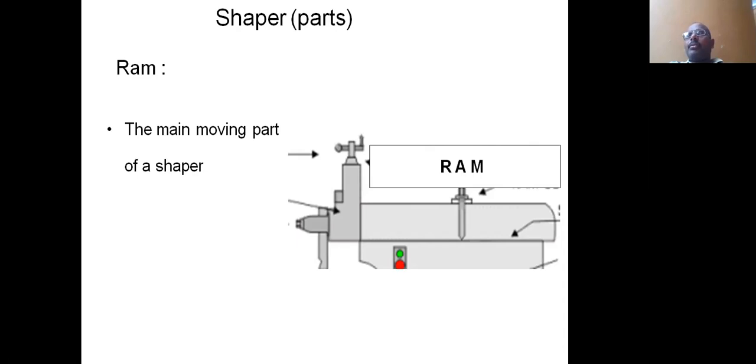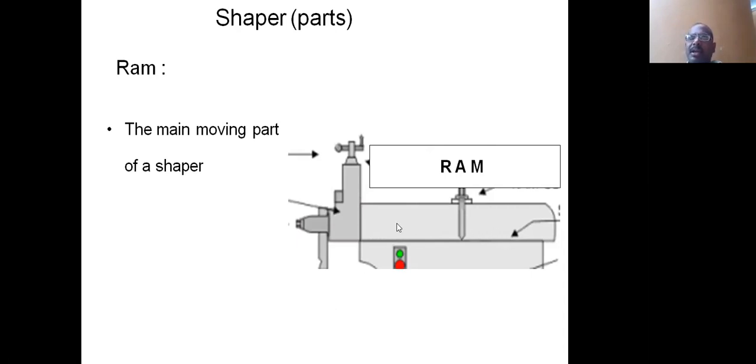Okay, very good, very clear. So the function of the working of the RAM is simply not to rotate or not to travel on any line. The simple working principle is that whenever we supply power to the motor, immediately the RAM starts sliding over the column. Why does the RAM slide over the column, or what is the requirement of this sliding motion for the RAM?